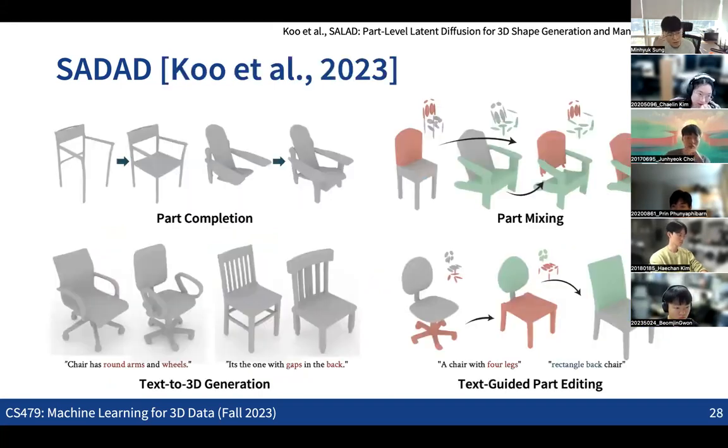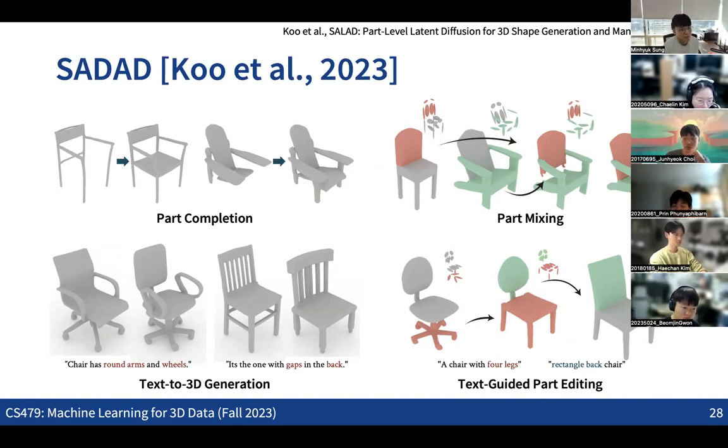While applying the same idea, we can apply diffusion models to conditional cases, making some applications. So those are some of the examples of what we can consider, like combining the parts